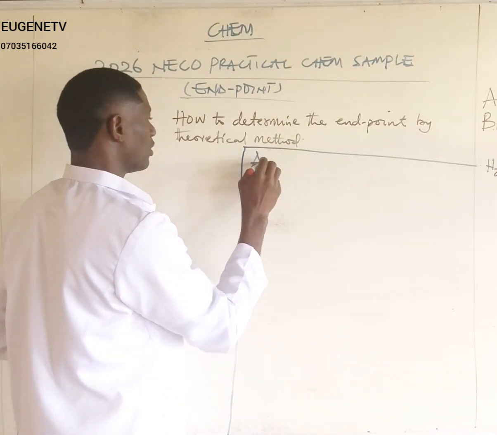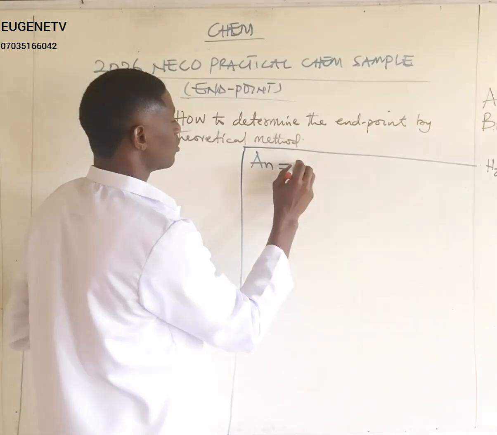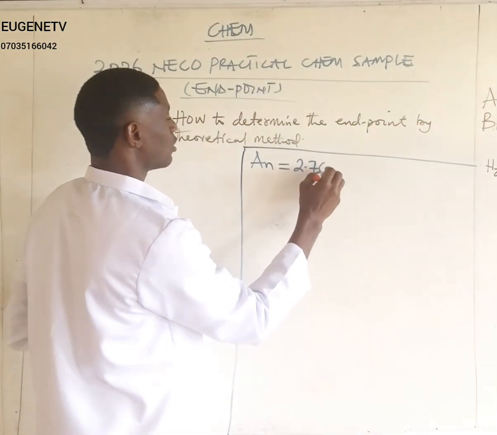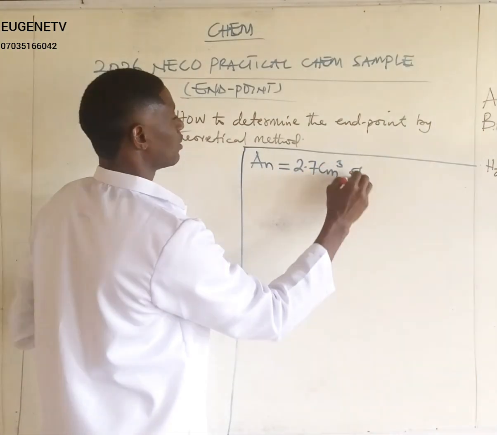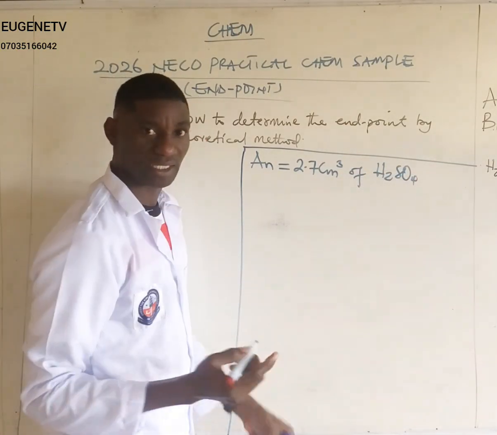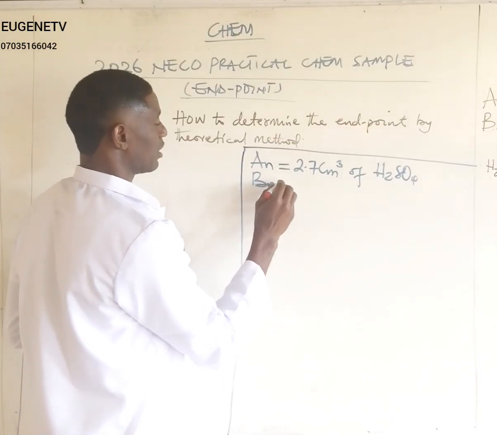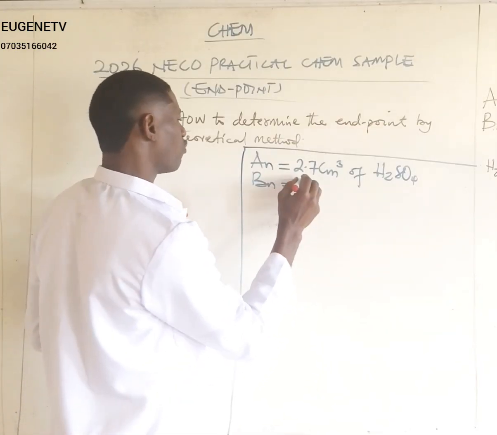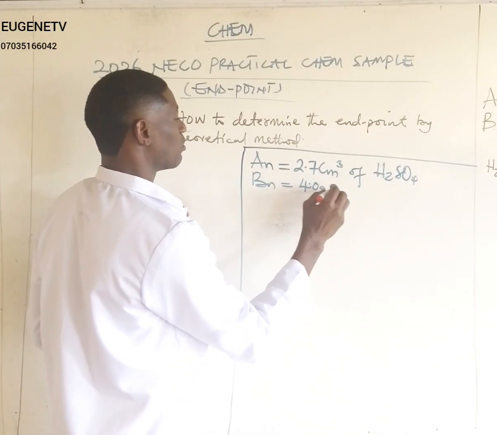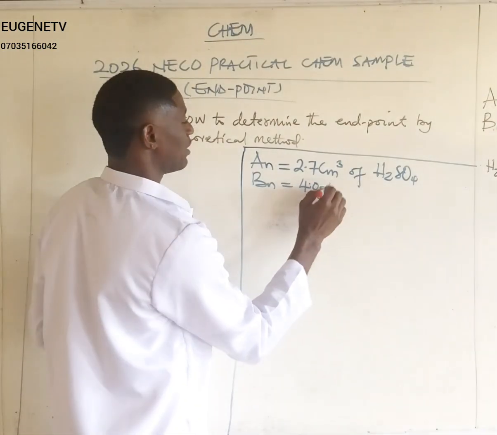For our solution A, which is usually written as AN, we're given 2.7 Cn cube of H2SO4, tetraoxosulfate(VI) acid. For solution B, which is represented as BN, we're given 4.0 gram per Dn cube